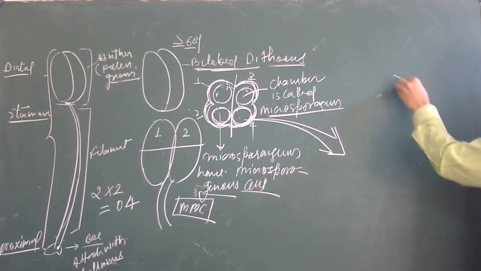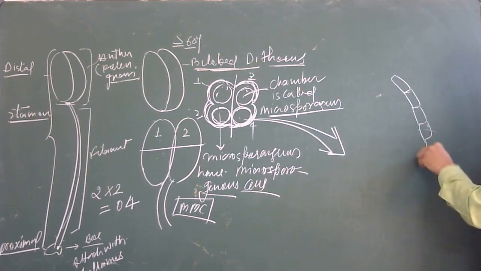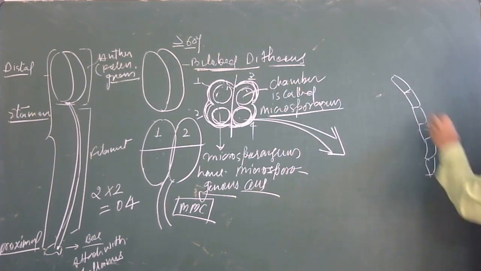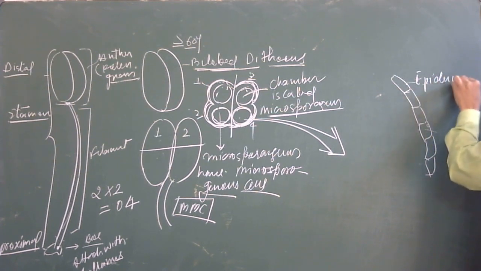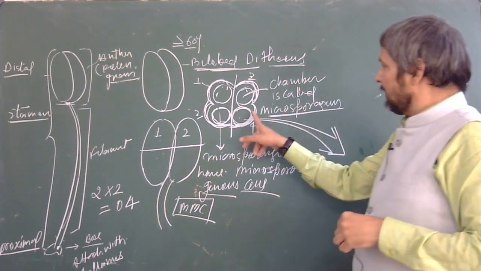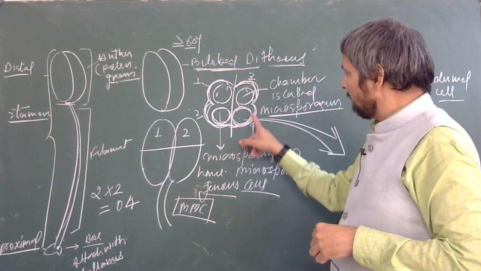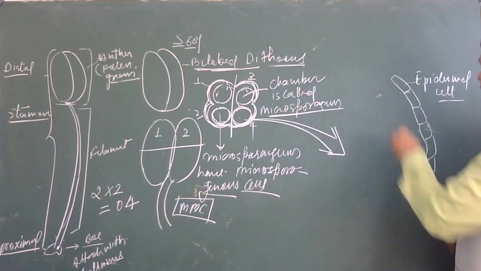We can draw a single layer of cells, the epidermis. So our outer layer is the epidermal cell. A single layer of epidermal cells covers the outer wall of the microsporangium, and beneath the epidermal cells there is